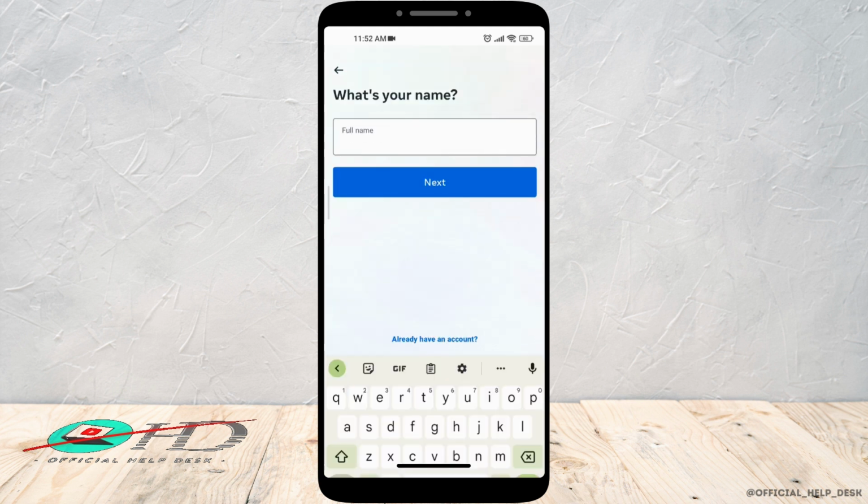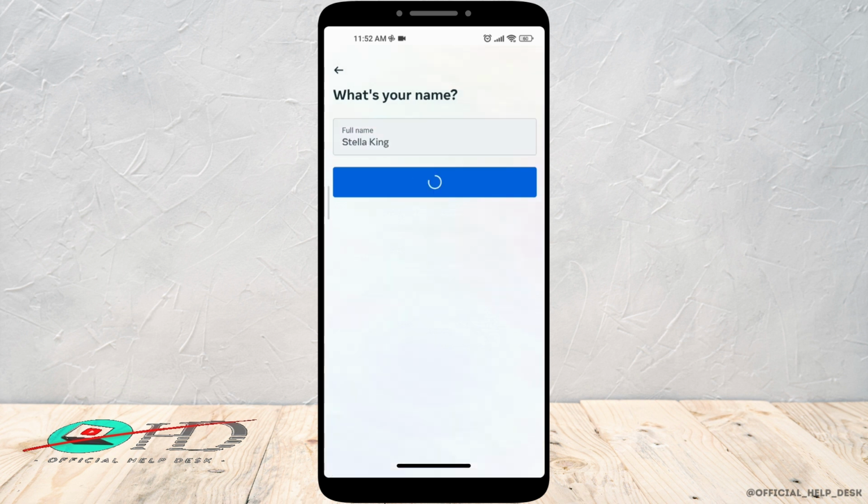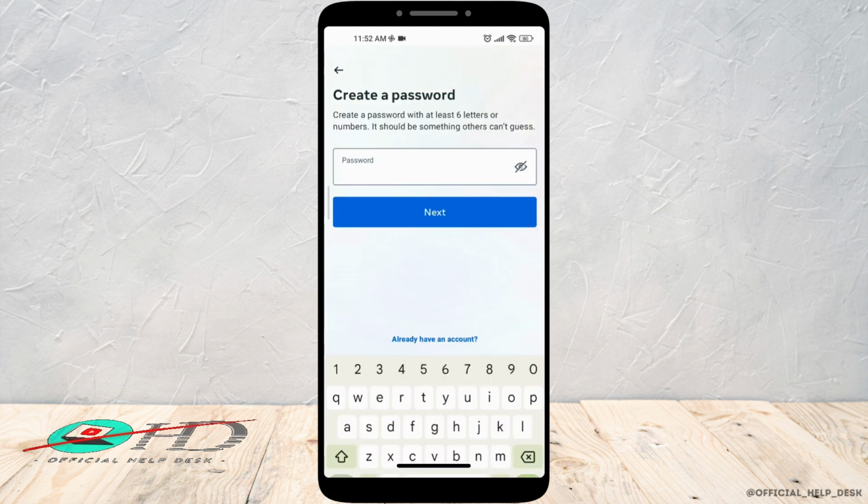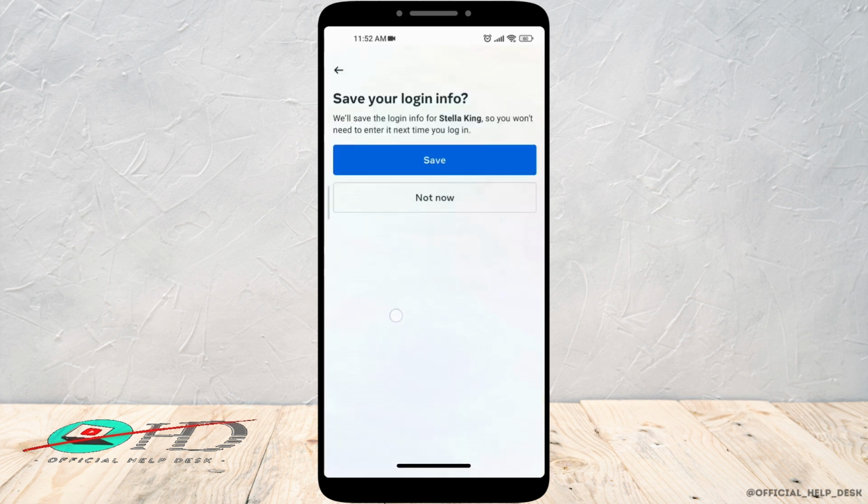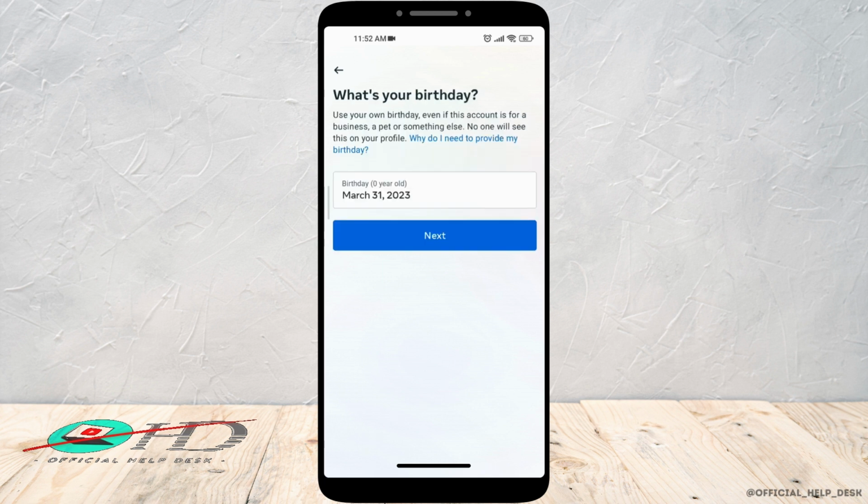and after that enter your full name and choose your password from here. And if you want to save your login info, click on save. But if you don't want to do that, click on not now, and enter your birth date and click on